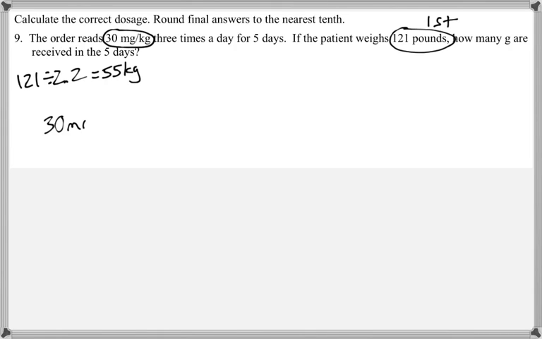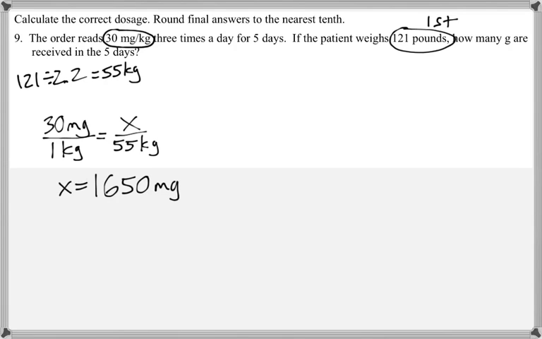So 30 milligrams over 1 kilogram is equal to x over 55 kilograms. So if I solve this proportion, I get x is equal to